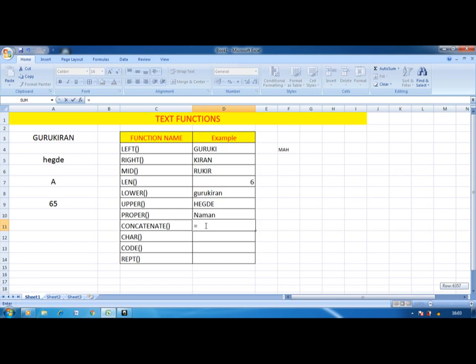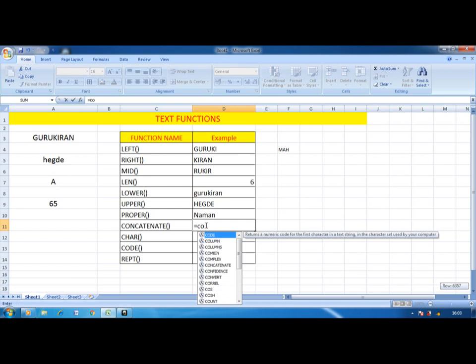Next, CONCATENATE. This function is used to combine more than one text. You can combine any number of texts. See here, CONCATENATE. Here you can easily join several text strings into one text string.